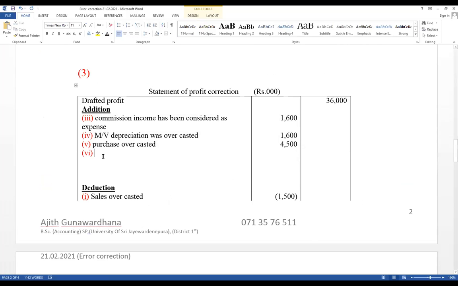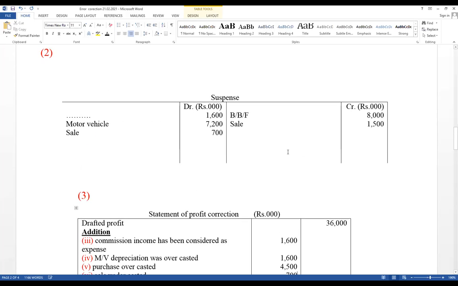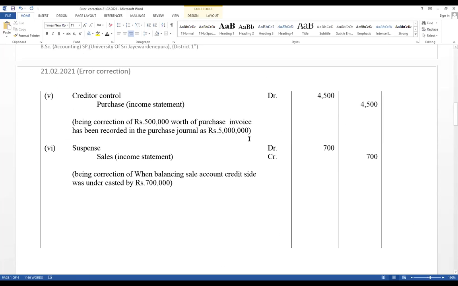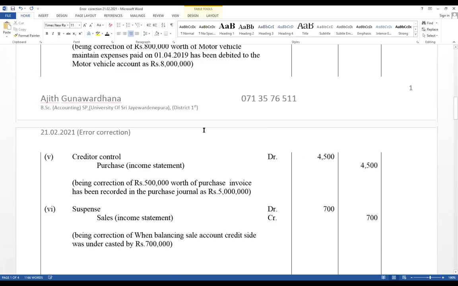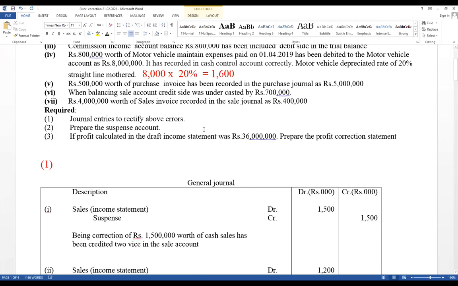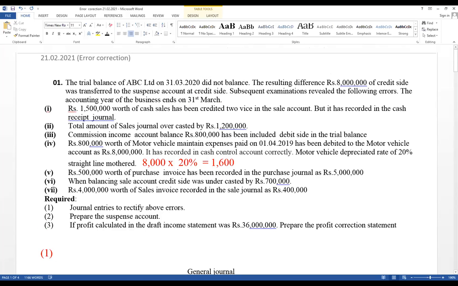Here sales undercasted. Credit side of sales account undercasted. Therefore, income undercasted, effect for profit decrease, for correction should be added 700. Think what, when balancing ledger account, if errors occur, those are definitely effect for suspense. Then last one,